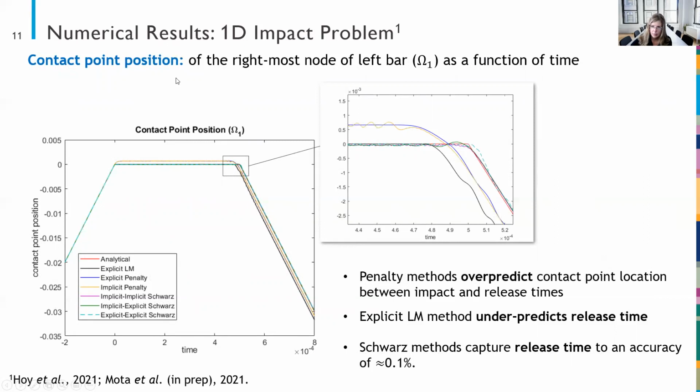This is showing the contact point position of the rightmost node of the left bar as a function of time for the 6 different methods. You can observe that the penalty methods, in blue and yellow, overpredict the contact point location between the impact and the release time. The explicit Lagrange multiplier method does better, but it severely underpredicts the release time itself. In contrast, the Schwarz methods give you a very accurate solution, and they capture the release time to an accuracy of about